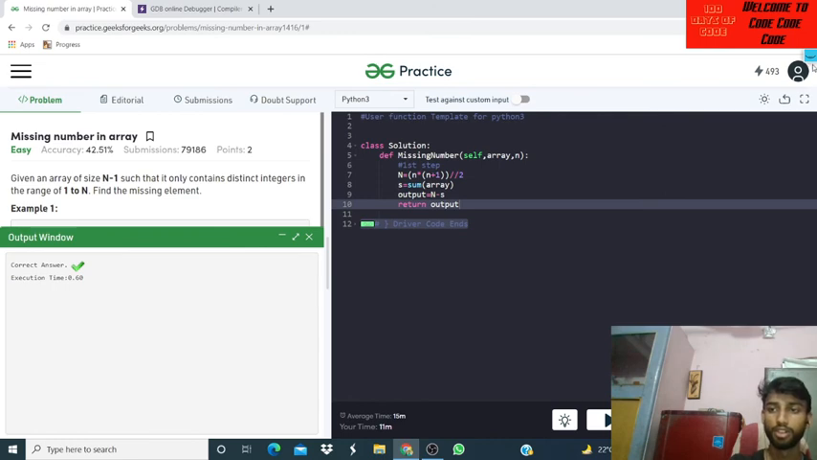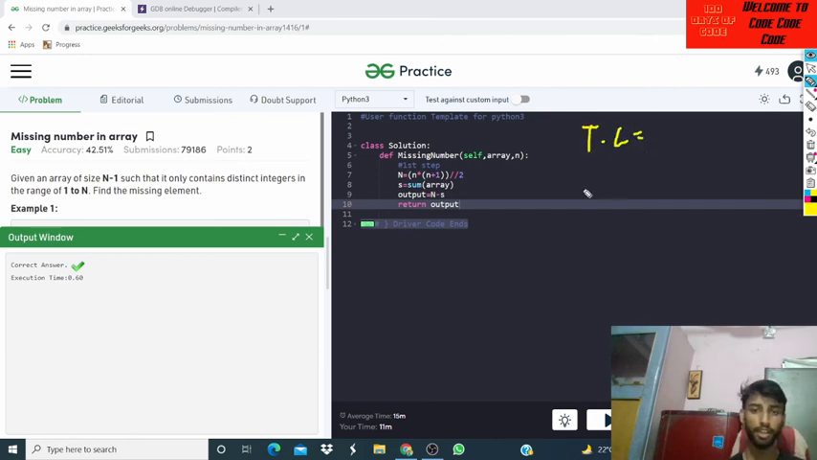So now let's jump to the fifth part, that is the time complexity and space complexity of this question. So what is the time complexity? For the time complexity, we are calculating the sum. So we have to go up to n. If the number of elements present in the array is n,